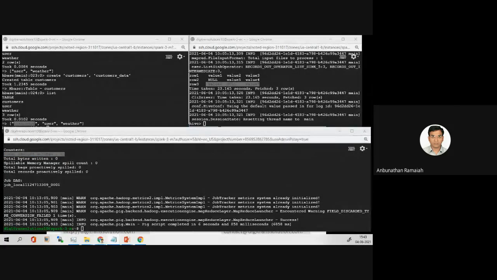So the next step is a Hive table will also be created based on this one. We'll see whether any script called cust.hive is there.